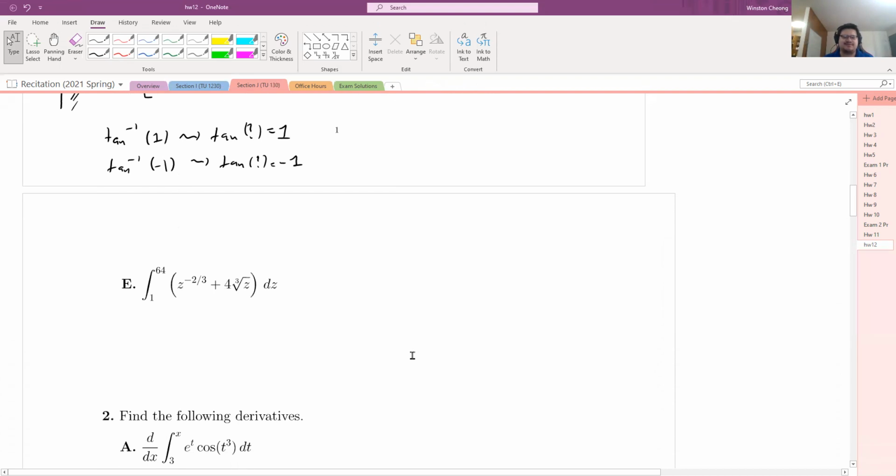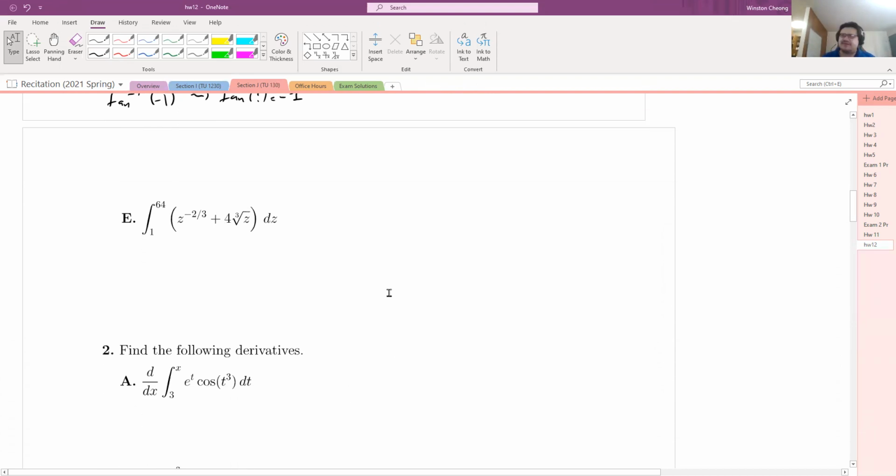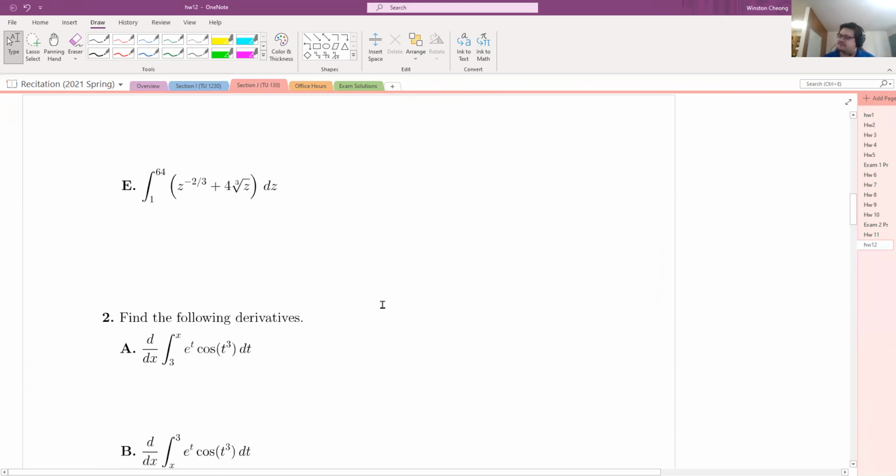In a way, it's kind of abusive notation. It's like you're multiplying the 1 and the dx and getting dx, which is sort of true, but I don't like it, but textbooks do it. Anyway,